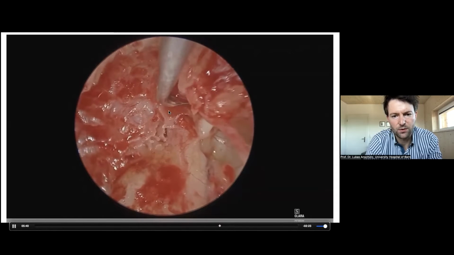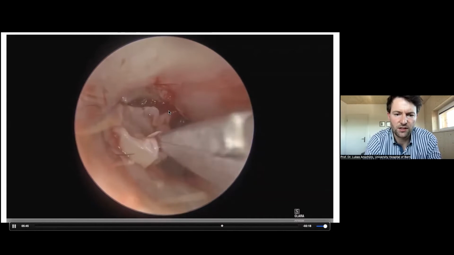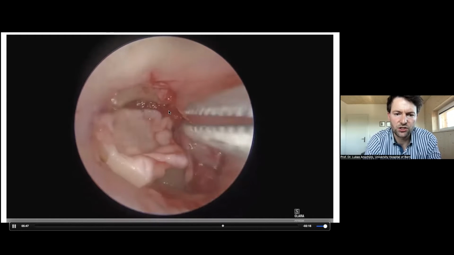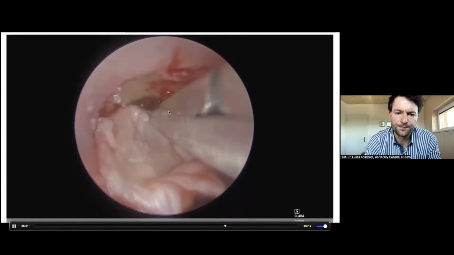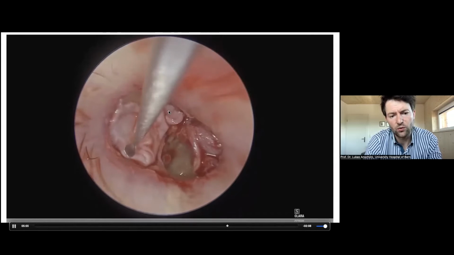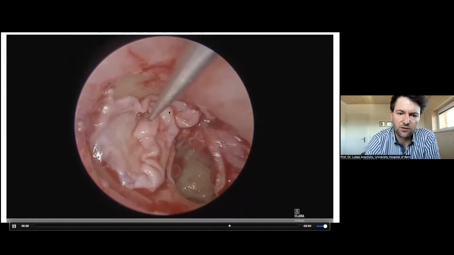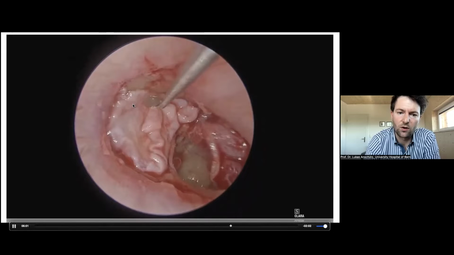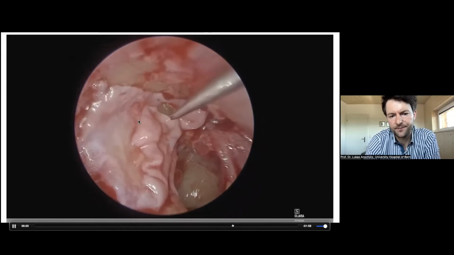So now I think we're all set. Cholesteatoma is gone and we can start to reconstruct. You can see I use some cartilage to reconstruct the defect that I created in the scutum. I usually use a composite graft. You can see on one side there is no more perichondrium. On the upper side, I leave the perichondrium, which then nicely holds my graft in the right position here.